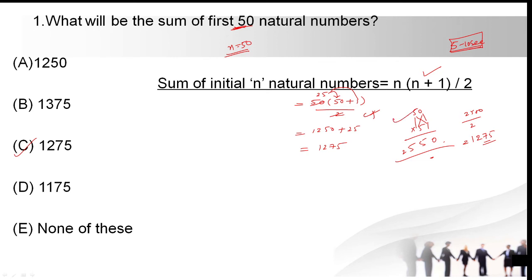Or we can multiply 25 into 51. So 25 into 51: 1 five is 5. The first step is multiplying the first 2 digits. In the second step, we need to multiply these two and add. 2 ones are 2 plus 5 fives are 25, 25 plus 2, that is 27. 27 in the sense we need to write 7 and 2 will become the carry. In the third step, we need to multiply 2 fives are 10, plus 2, 12, so 1275. Again we got the same answer.